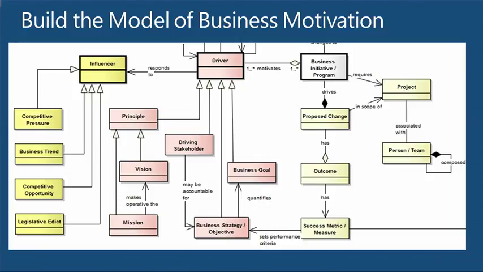They're going to respond. They're an influencer, but they're not inside the company. They don't get to decide what Air New Zealand will do as a result. The driver does. You notice there's driving stakeholder is one of the types. By the way, the little triangular arrowhead is a type of, or is a. There's a little bit of UML in there.